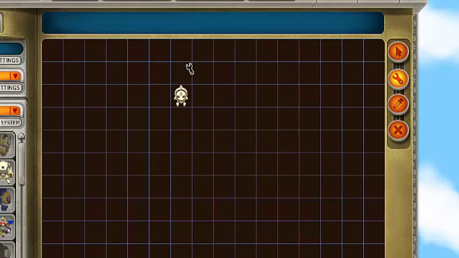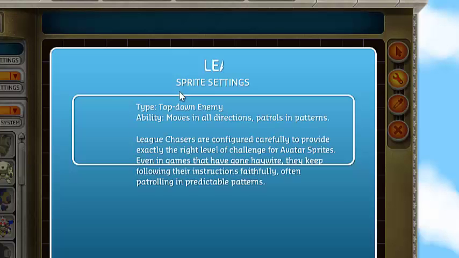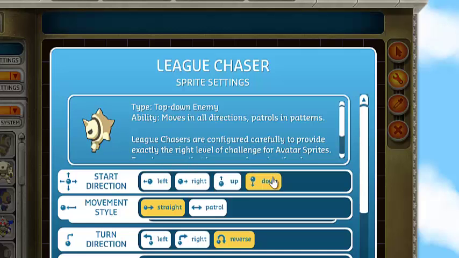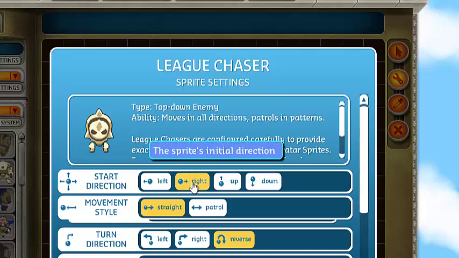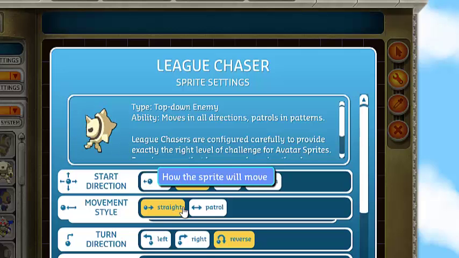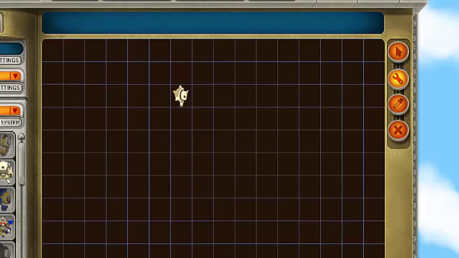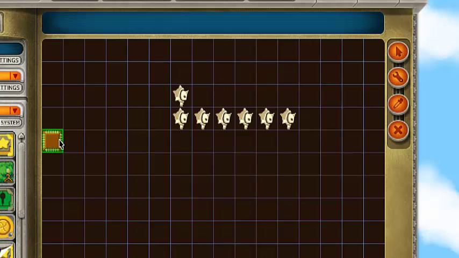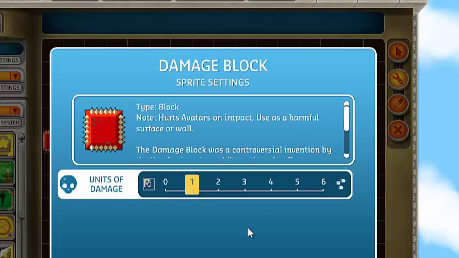This you did do in your first quest, how to repeat. So if you wanted everything to start going to the right and they're going to go straight and then they will reverse, you can then take your dropper tool, and when you click on the character, you can copy and paste it. Same thing goes for blocks. So if you have a different damage block or something of that nature in there, and you have set it to do something specific, you can then use this to copy it. You see the red box,